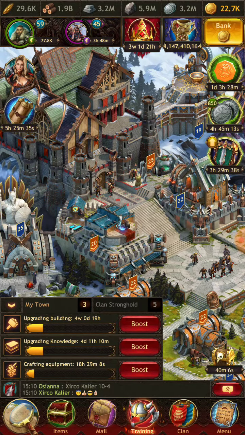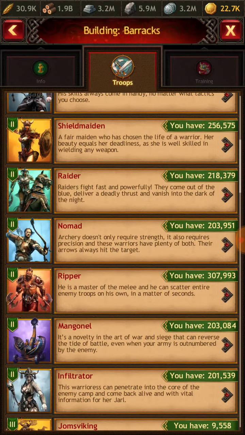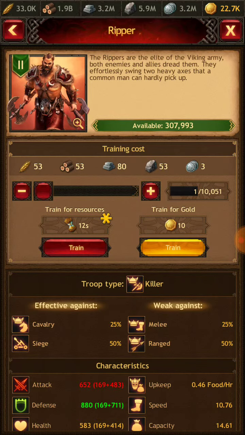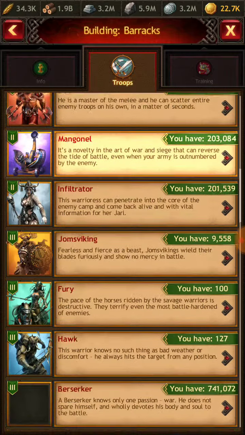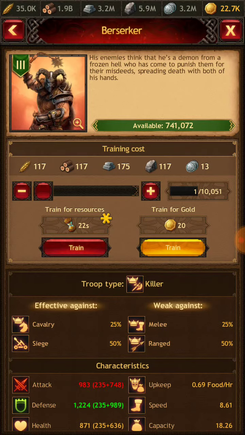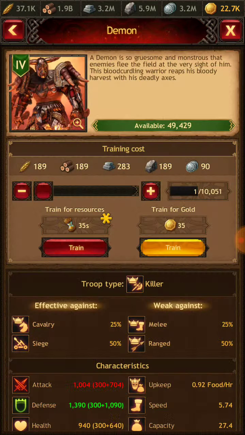So we'll click on the training button, and we're going to scroll past T1s. T2s. All right, so they're a half unit of food per hour. T3s are about 3/4 of a unit. T4s are taking almost 1 unit of food per hour. So I could adjust that accordingly